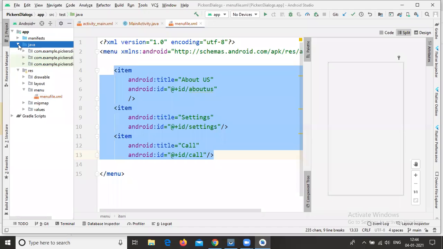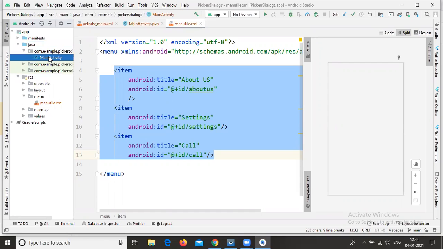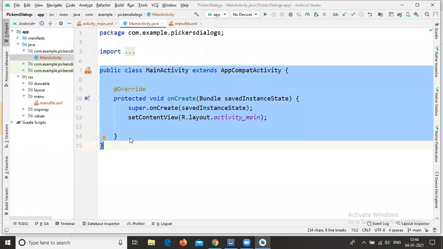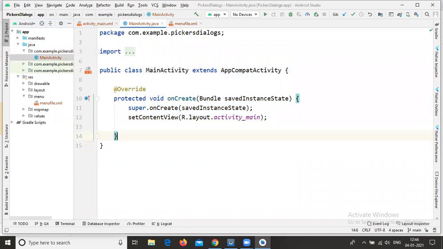Inside it we have 3 packages. Expand the first package, where the MainActivity.java file is available. Just double click on it, and the MainActivity.java file opens like this.